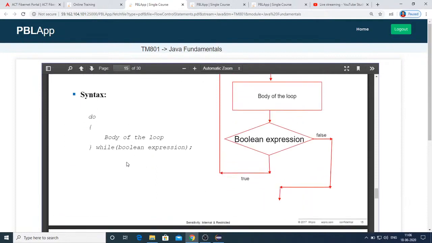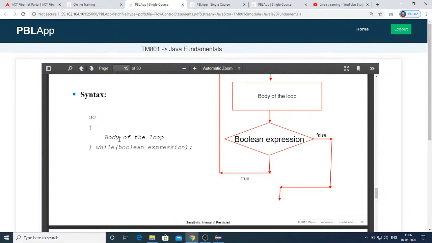Similarly, the do while loop, with the only difference that the body of the loop in while gets executed only if the condition is true, whereas in do while, for the first time, whether the condition is true or false, the body of the loop gets executed, and for the subsequent iterations, the body is executed only if the condition is true.